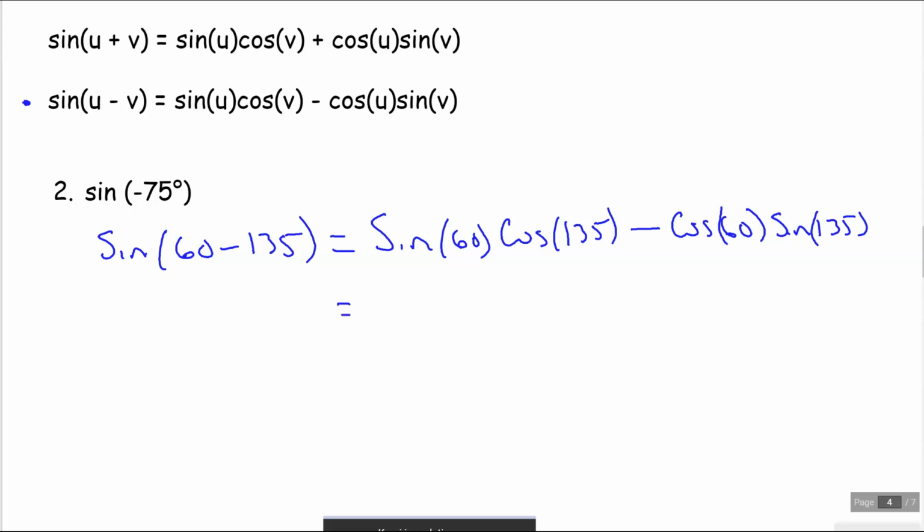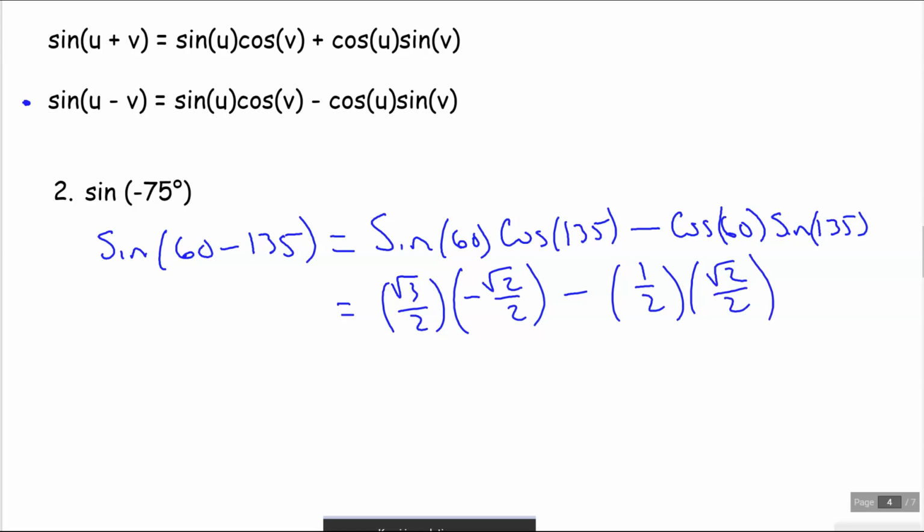So sine at 60, well, that's root 3 over 2. Cosine at 135 is a negative root 2 over 2, minus cosine at 60 is 1/2, and sine at 135 is root 2 over 2. Notice we have very similar numbers as the two previous problems of cosine. You just have to watch the signs. So this will be over 4. Root 3 times root 2 is root 6, but it's a positive times a negative, so it's a negative, minus, and this gives me root 2 over 4, and then I put it together, negative root 6 minus root 2